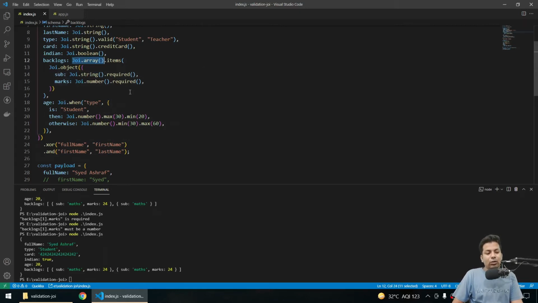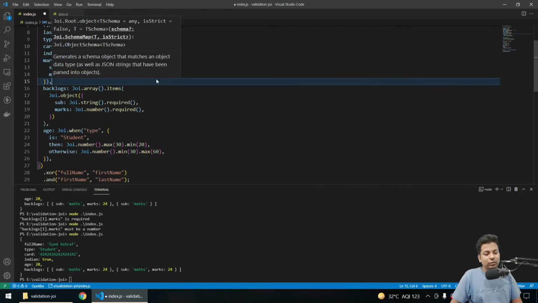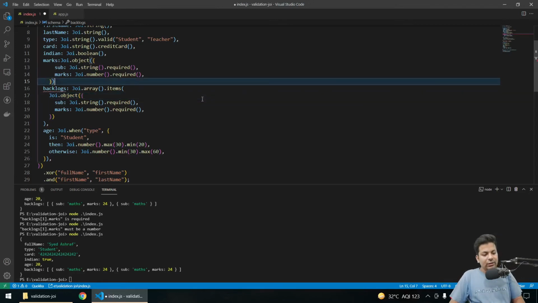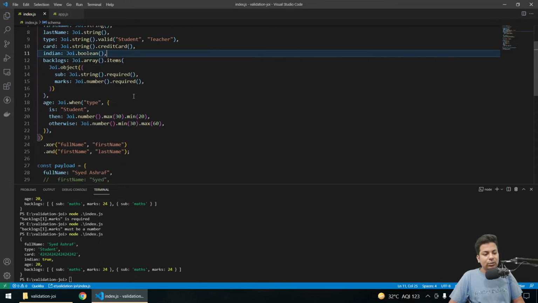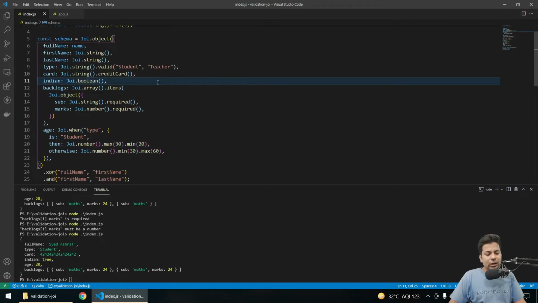So you can see, firstly we told it will come as an array, and inside the array we'll have an object. So directly you can define objects, like if you are directly sending an object, you can just copy this, and here you can say marks and paste this. You can directly do that also. So it's nested. If you are thinking after the array there will be an object, you can just say object. If I think okay, there should be a string, I'll say item should be of string. So it's up to you how you want that. Then you have dates. So let me just show you for dates.